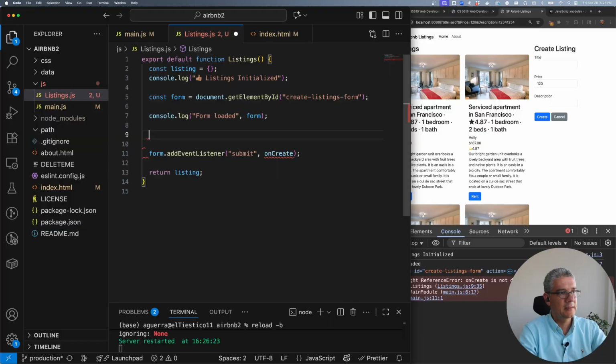And you can repeat the same thing with the other ones, like for instance, this is going to be the listing.price. And remember, this name has to be the same one that we have in the form. Another way we can do this is, and let's see if this works, I can actually do